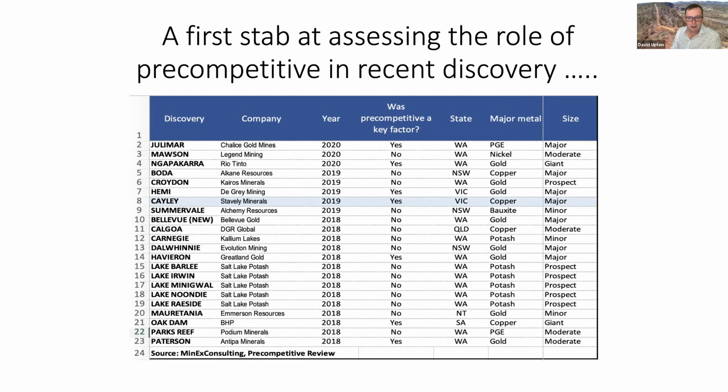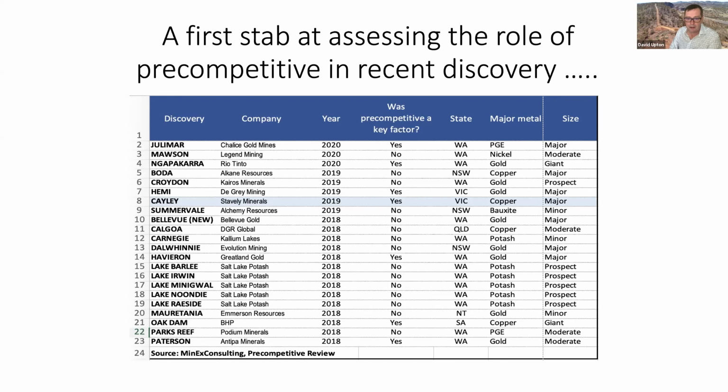Hemi is on the list as a yes because of GSWA's fantastic work with the geochem and synucleoids, which might be an unfamiliar word to you, but it will become much more familiar over the next few years. That was absolutely pivotal work in making sense of the Taorana deposit that De Grey Mining had up there and leading them to Hemi and the greater Hemi area. So it's not shouted from the rooftops, but it was vital.